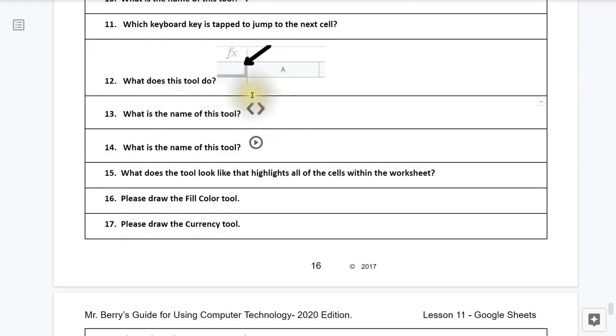What is the name of this tool? Question number 14. What is the name of this tool? Question number 15. What does the tool look like that highlights all of the cells within the worksheet?